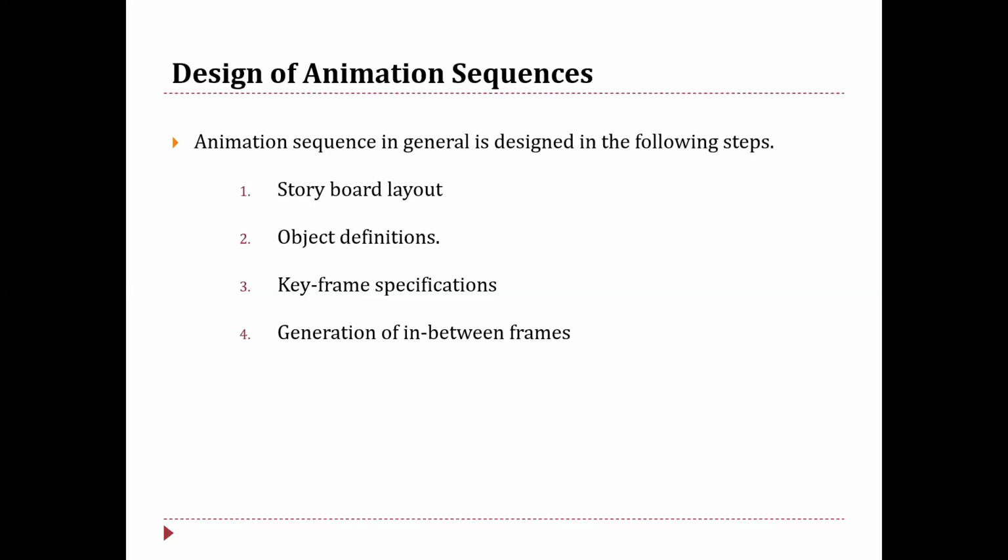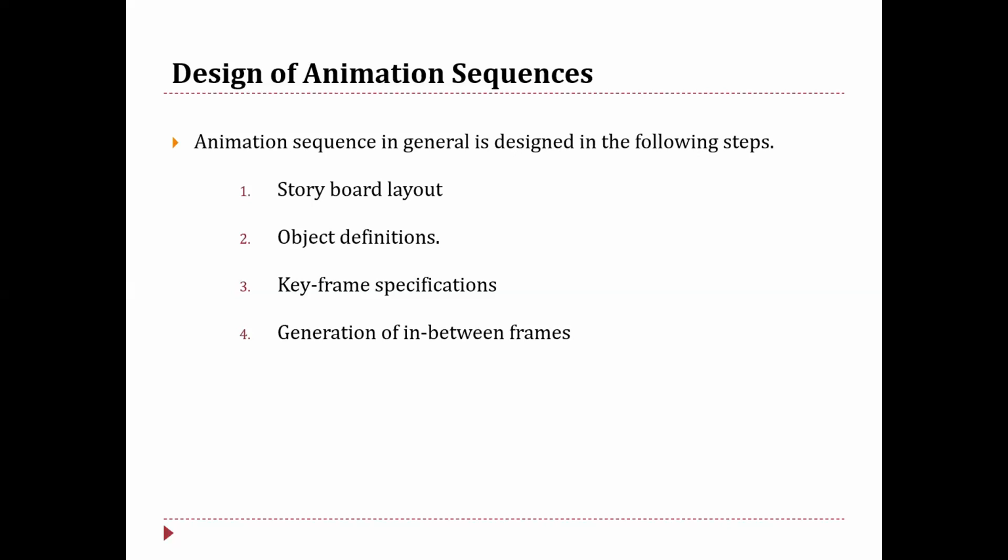So we know what exactly is the storyboard, which gives us the rough structure. Then we saw what is object definition. We said every participant in the action is given a definition based on their size or shape, or rather I would say based on their shape.